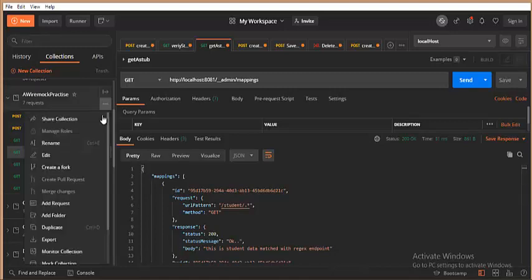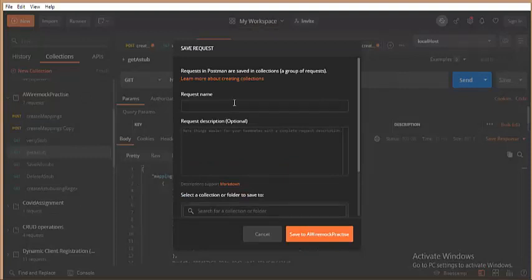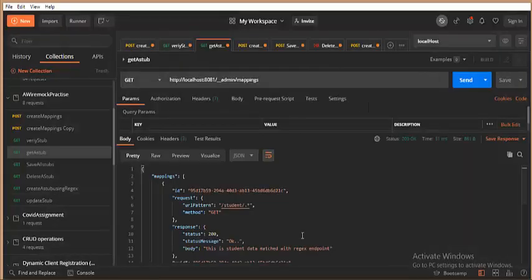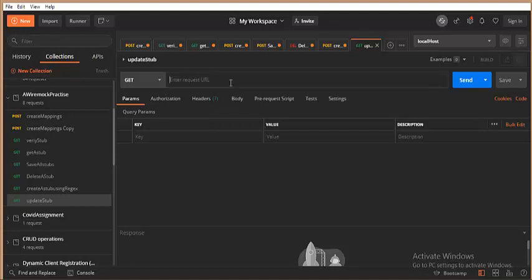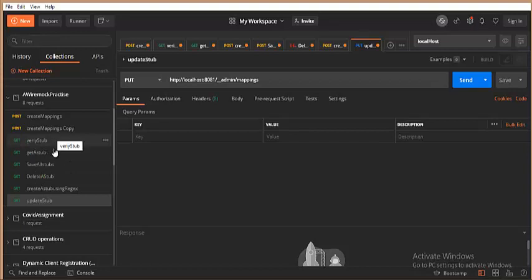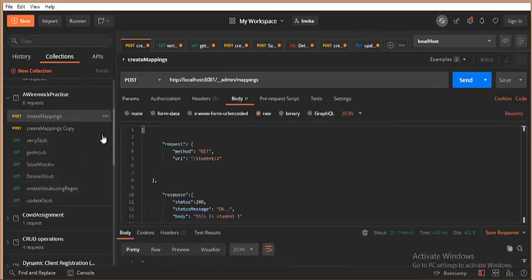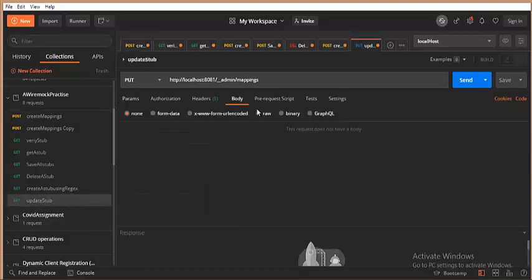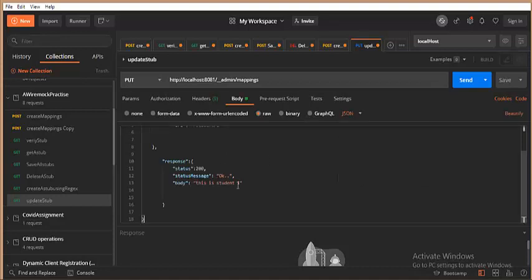Let us create another request. This is nothing but update stub, I would call it. Let me copy the data because it is going to take some time every time I write it down manually. Ideally the URLs are the same, and as I told you, we are going to do a put method, and we should also get the body message. Say for example, this is the body that I would like to update with. Click on body, this is a raw message and JSON, and let me paste it.